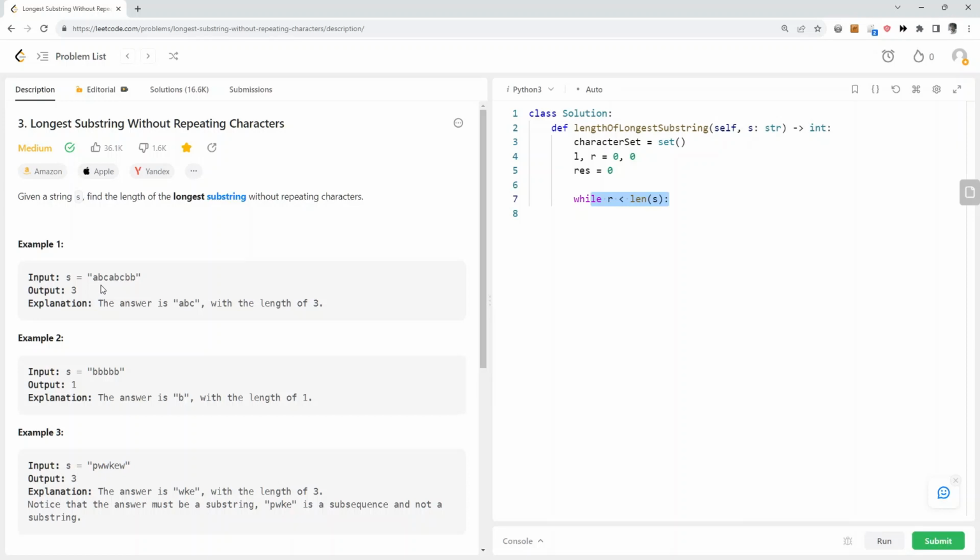Why is that? Because the outer loop will continue to make R move forward, and the inner loop, which is not a loop, but would basically have the left pointer move further. So R will continue to move forward, and L will also join it in some instances, and it would not in the other instances. But the number of iterations overall will be n, equal to length of the string. So now what are we saying? We are saying if S of R was in the character set,